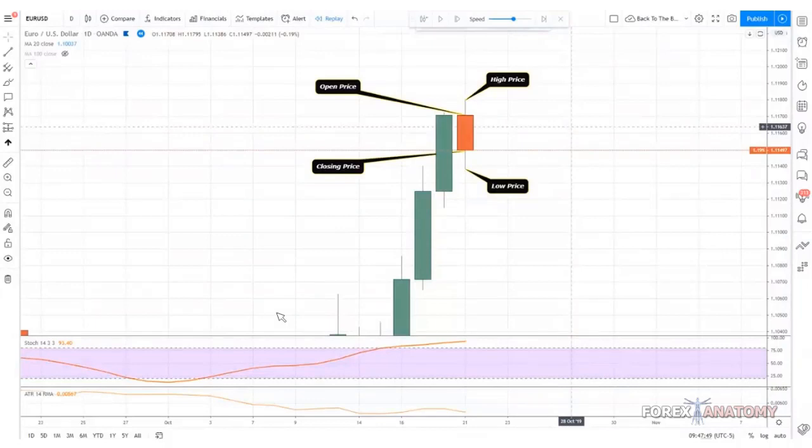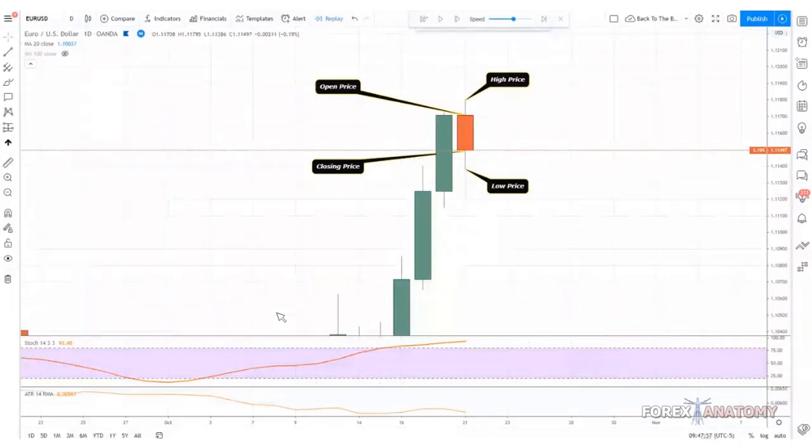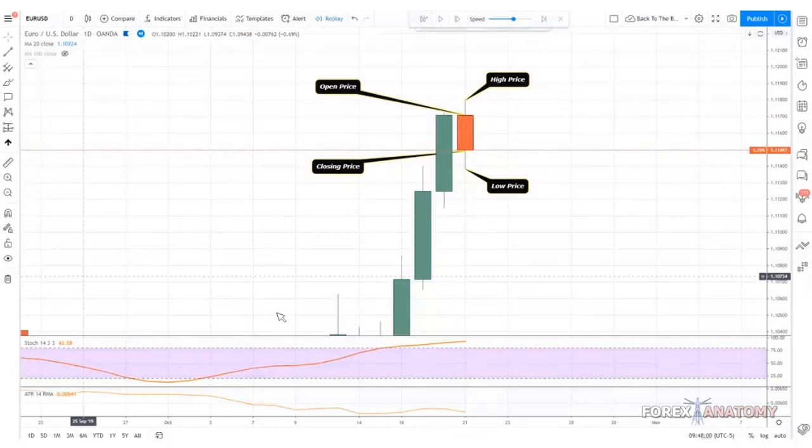But with the candlestick chart, we're able to identify what the direction of the market is. We're also able to identify the various price points within that time period. So it provides more intel and more information for us to make better trading decisions. That's the chart type we use for most of our trading.